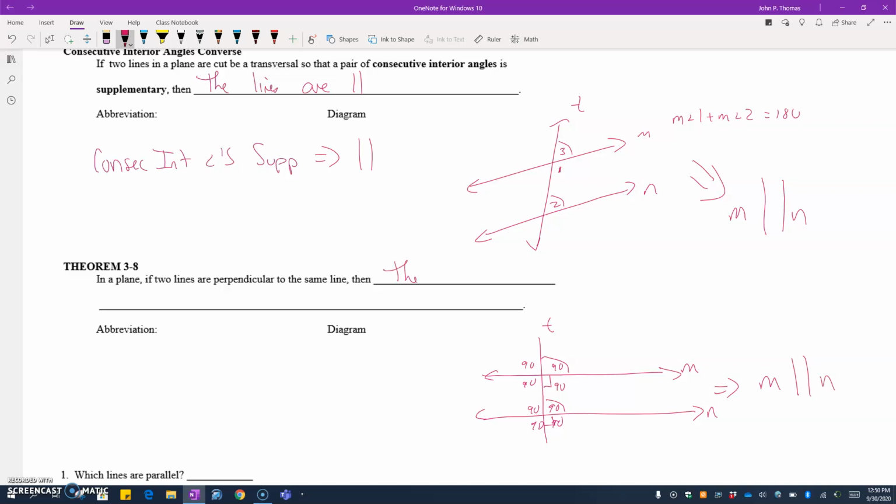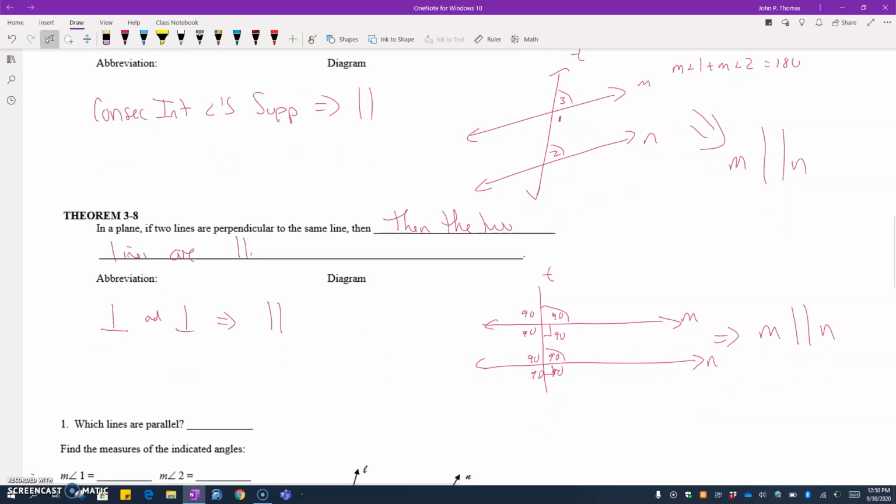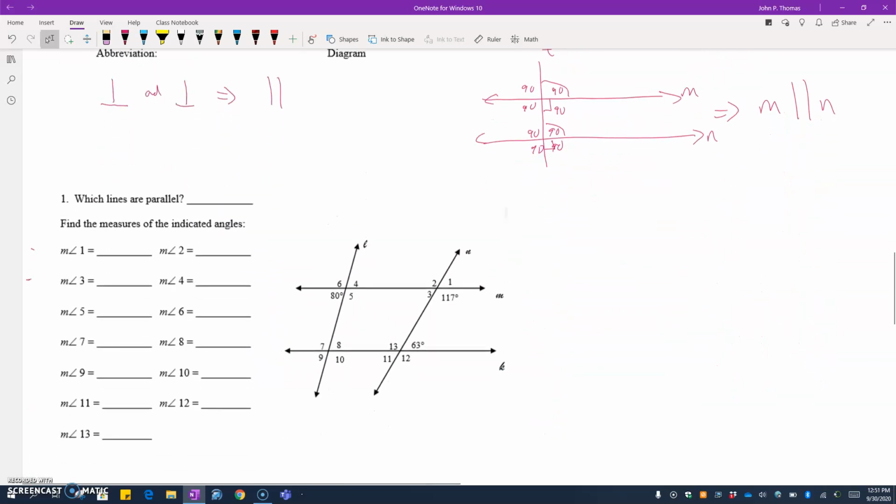So then we're going to say the two lines are parallel. And the way that we're going to abbreviate this one is kind of weird. We used one similar to this in an earlier section, but we're going to say perpendicular, and perpendicular implies parallel. So if you have a line perpendicular to a transversal, and another line perpendicular to the transversal, then those two lines are parallel to each other. So that's a quick summary of the rules that we're going to use